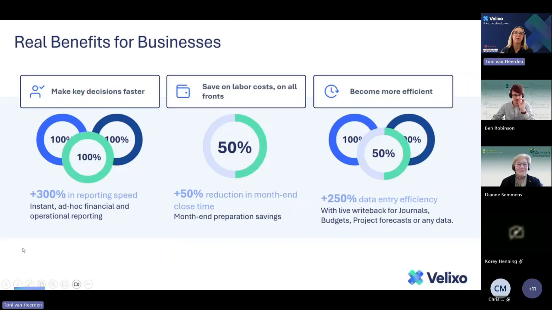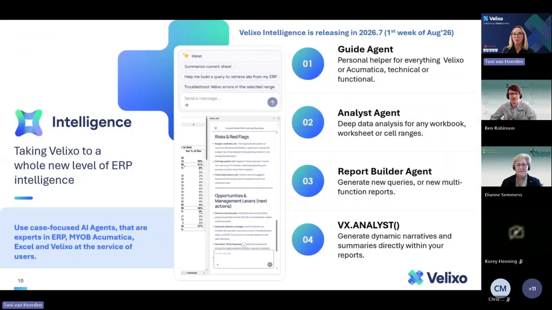Things that we've captured around where you can expect those savings to come from. Okay. Now, as I mentioned, the final thing I do want to talk about and show you today is Velixo